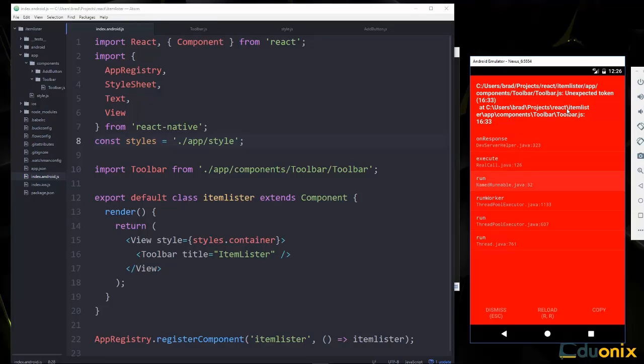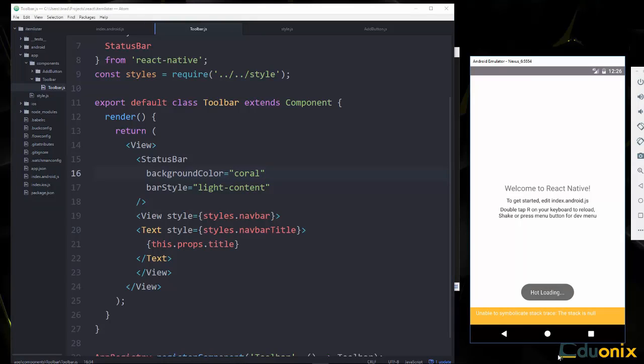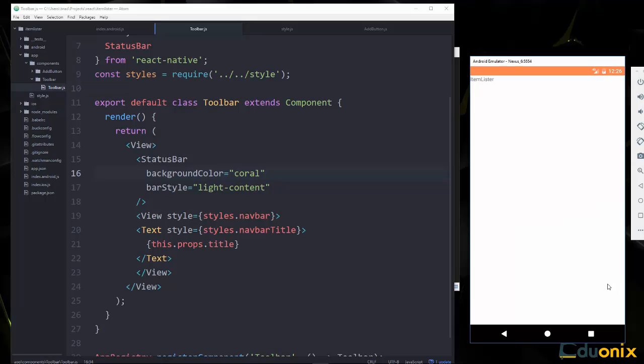Looks like I'm getting an error here. Toolbar.js, line 16, status bar background color. Oh, we don't want a comma here. I'm just going to tap R twice. All right, so now you can see that we have the coral status bar now, and we have the title,